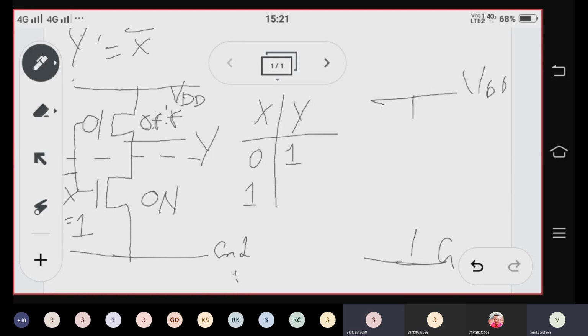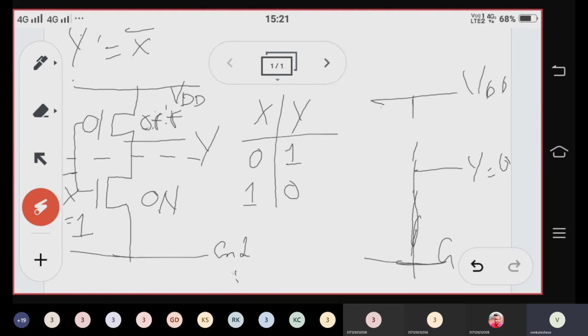Now coming to our circuit diagram, PMOS is in off condition, means it is acting like an open switch, whereas NMOS is in on condition, means it is acting like a closed switch. Now I am taking output in between the pull-up and pull-down network. Now my output is connected to VDD or ground? Ground, sir. Output is equal to 0 volts. Ground means it is 0 voltage, which is equal to 0 volts. So whenever I am giving input 0, I am getting output equal to 1. And whenever I am giving input 1, I am getting output equal to 0.